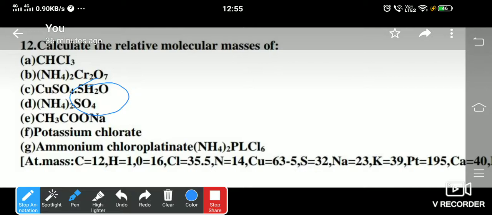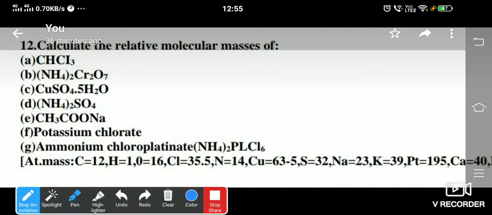In your 8th standard, if you remember, I taught you that pure copper sulfate is white in color. But copper sulfate absorbs water molecules, and as you have seen, copper sulfate in the laboratory is blue in color because it is copper sulfate pentahydrate, that is CuSO4.5H2O. After absorbing this water, pure copper sulfate gets converted into blue color.